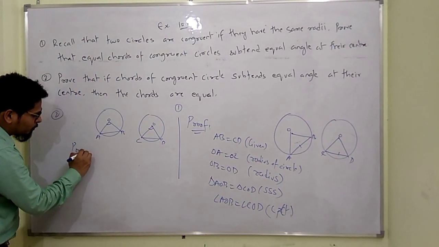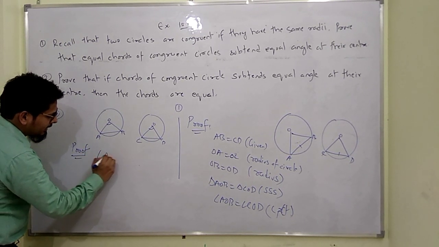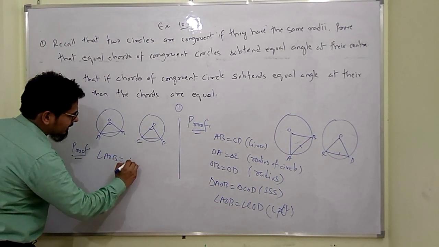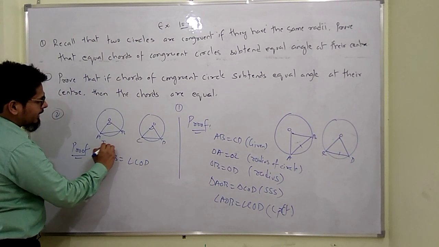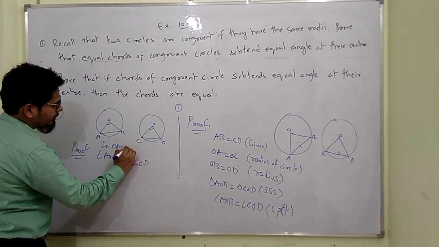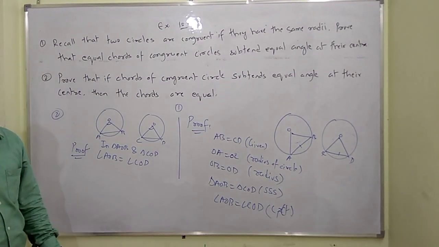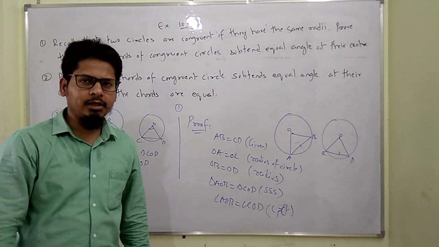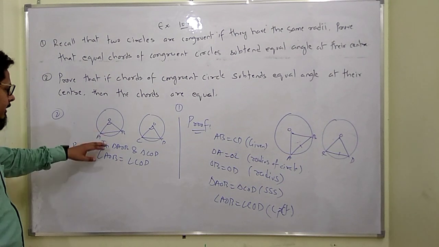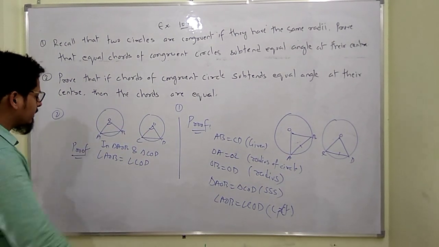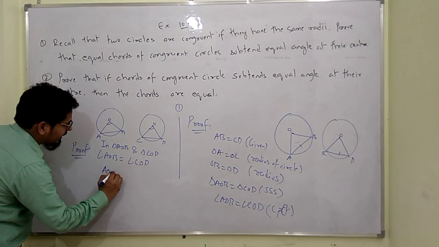I am doing only the proving here. Angle AOB is equal to angle COD. First, right here in triangle AOB and triangle COD. Okay. The triangles for which congruency is to be applied should also be mentioned at the start. So angle AOB is equal to angle COD, and AO is equal to